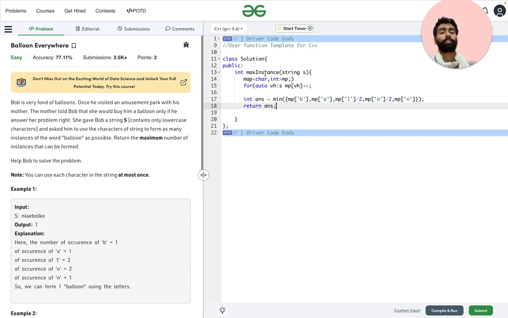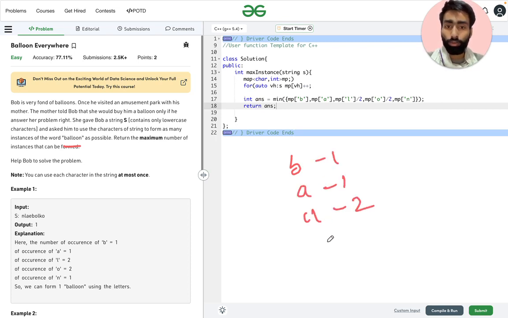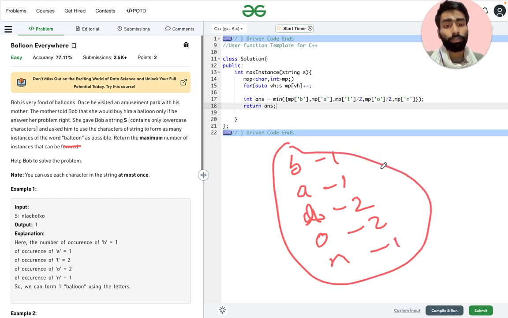So again, let's understand what we did here. Let us see the word balloon. We need 1 B, 1 A, 2 L, 2 O, and 1 N. So these many are possible.